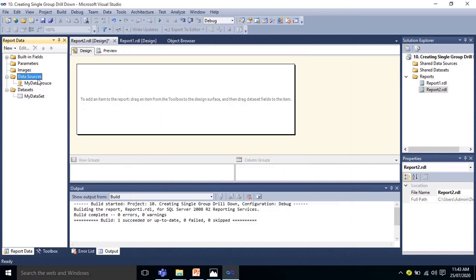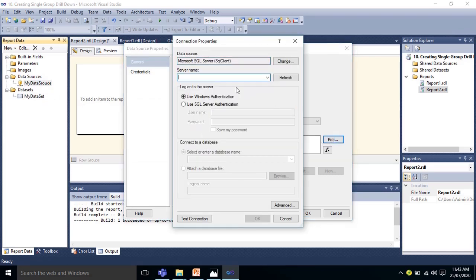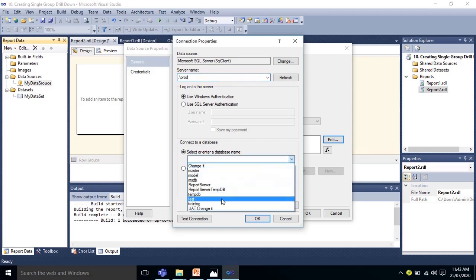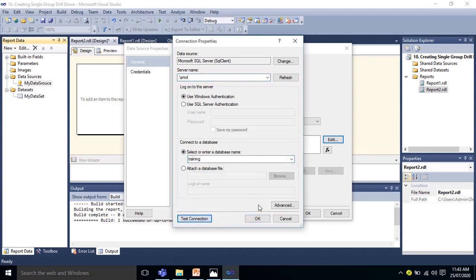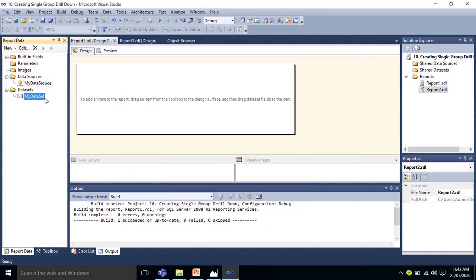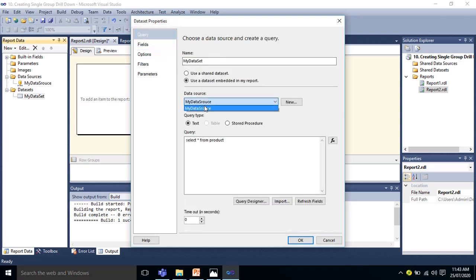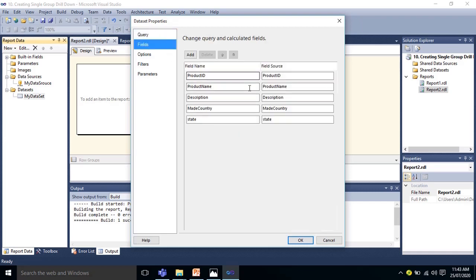Let me check our data source. We have not defined our connection, so we have to first define the connection here. Select the database, test the connection. Now if we refresh the fields, we should see the fields. Refresh fields. Yeah, fields are coming now.